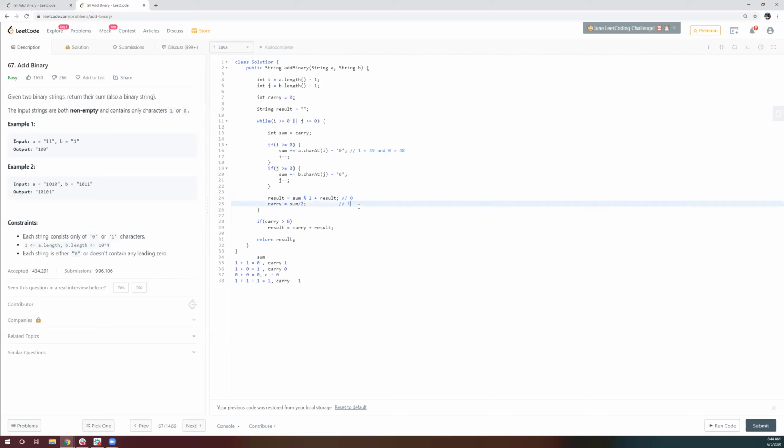And here the carry would be 0. If the sum was 1, then it will still add it to the result, but the carry would be 0. And if the sum was 0, then both would be 0. And if the sum is, sorry, actually 3 here,